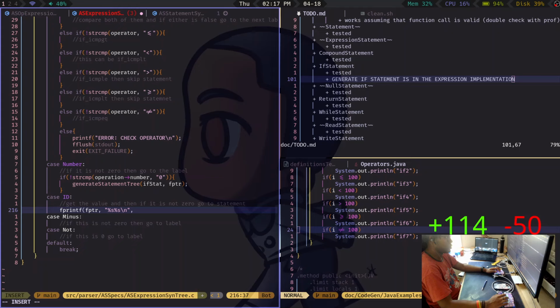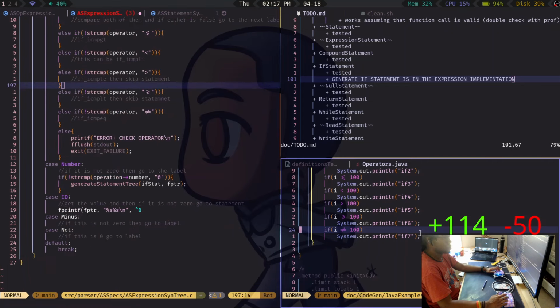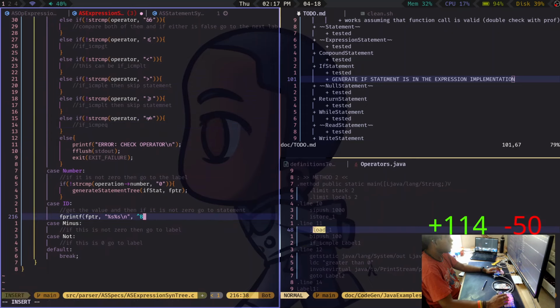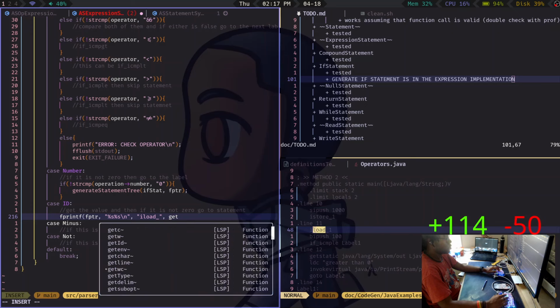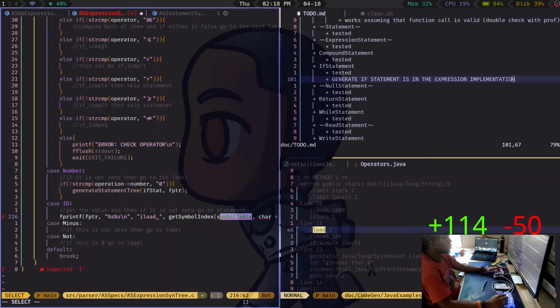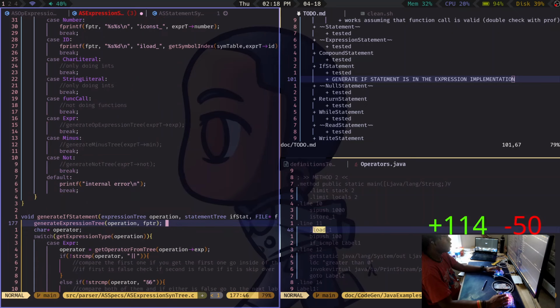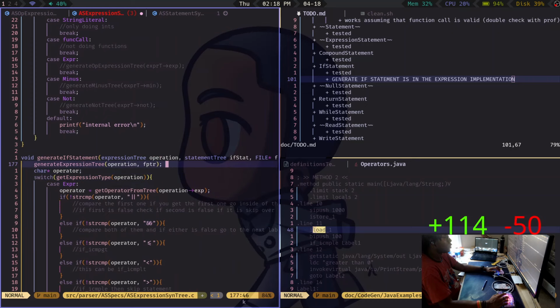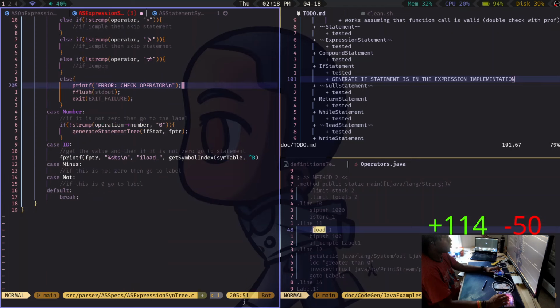Because this will be, how do you load? Yeah, so we load the value onto stack, so it's I load underscore, and then the value is get symbol index, symbol table of the ID we are passed, which is operation ID.